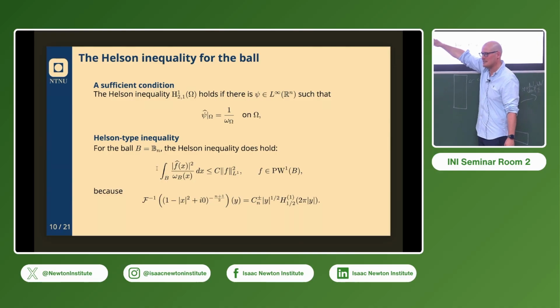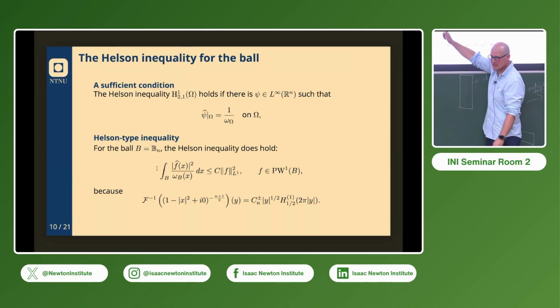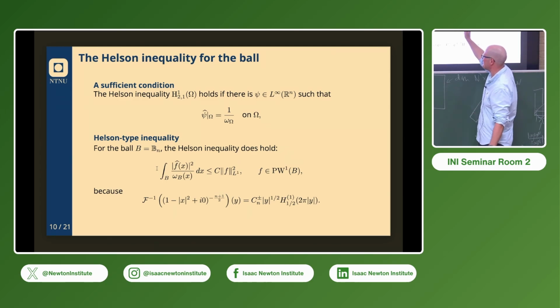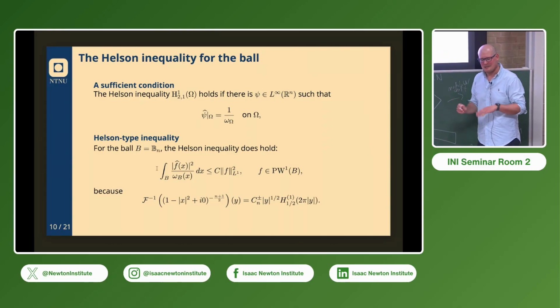You would write this as a scalar product of f hat times c hat, and then you would do the Plancherel. No, I keep mixing up the names. I'm sorry. And you would get the inequality. And for the ball, this is actually true by this kind of concrete calculation that I'm not